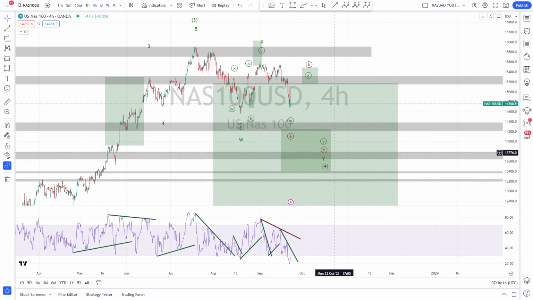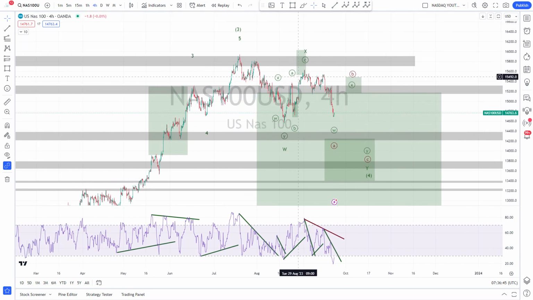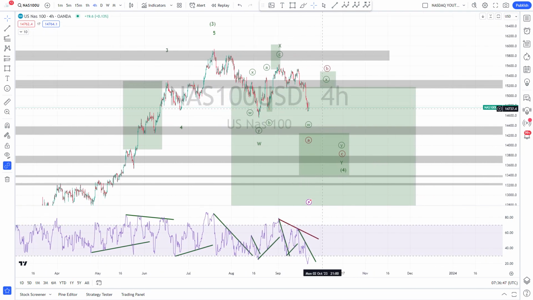Anyway, if we get here, I think this is a nice opportunity for investors to buy. So if we get here, I would buy, and then the reaction to the upside, we have to see if the rally holds, and if we can start our fifth wave, or if the rally fails, and then we might do another corrective leg. But for now it's too early to discuss this. Instead, let's focus on this structure here.